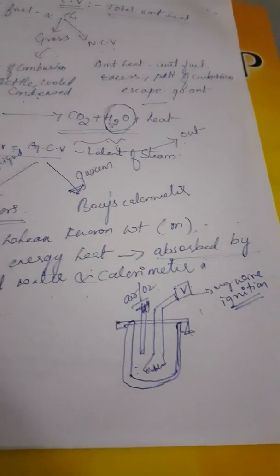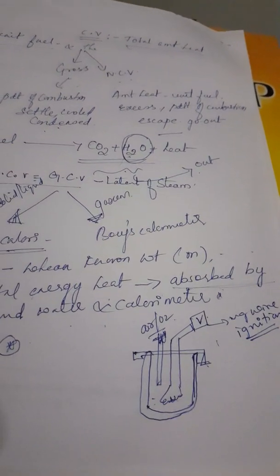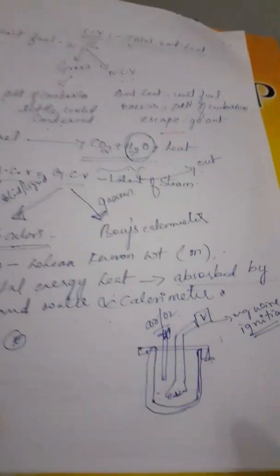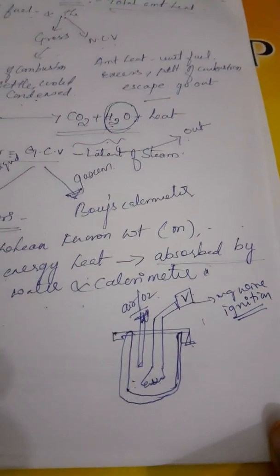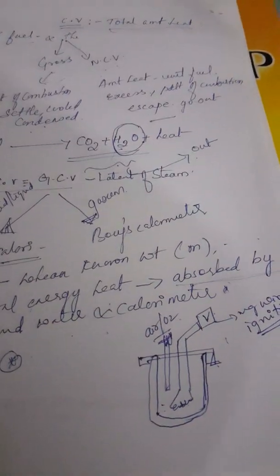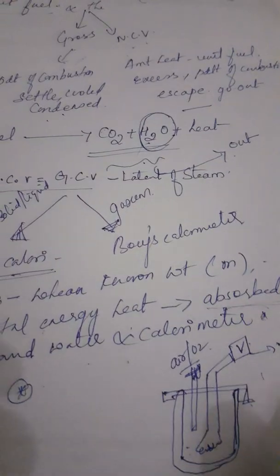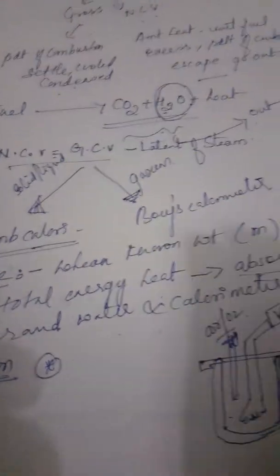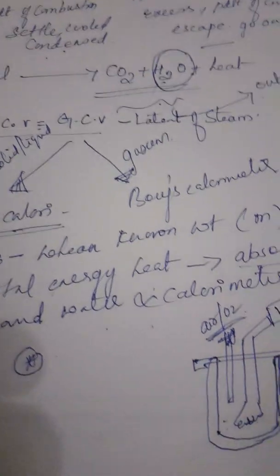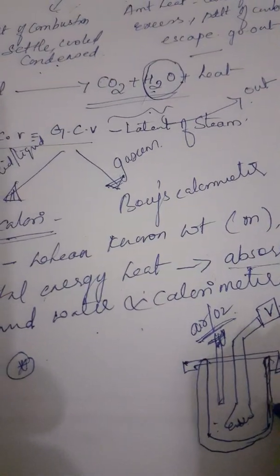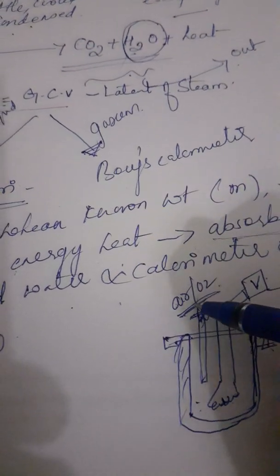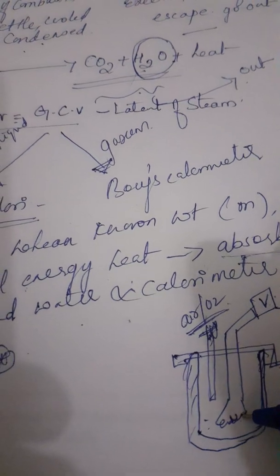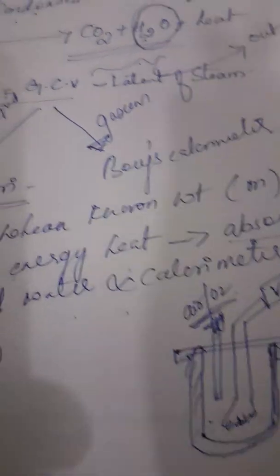Only then does combustion take place. So for a fuel to undergo combustion, the two important things are ignition, or you can say a spark, which helps in burning the fuel, and the burning will be continuous if we supply air or oxygen. So usually for burning of a fuel we must have air or oxygen. Now this is the stainless steel bomb, which is properly sealed, which has an inlet for air and a magnesium fused wire for ignition of the fuel.